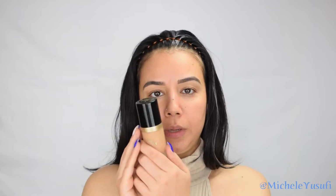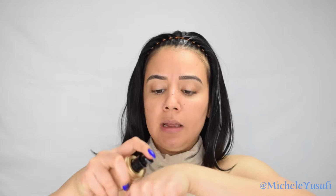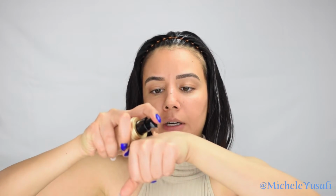I'm gonna go ahead and do my brows off camera. Now for foundation, I'm gonna go in with Born This Way, the Too Faced foundation. I haven't used this foundation in so long. My go-to is the Laura Mercier, so I thought I'd switch it up a little bit. I wanted to stick with something a little bit hydrating, and I think this is very perfect. The color that I'm using is Warm Beige, and I'm just going to put this all over my face using